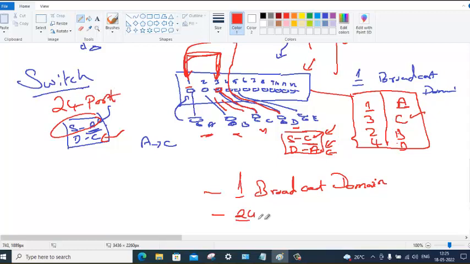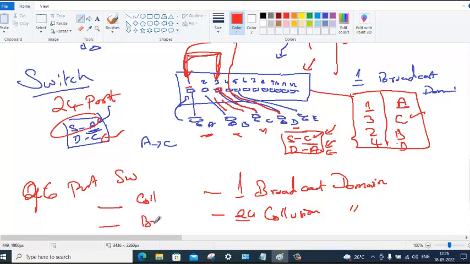Kiran, you tell me, if I have a 96 port switch, how many collision domains will I have, how many broadcast domains will I have?